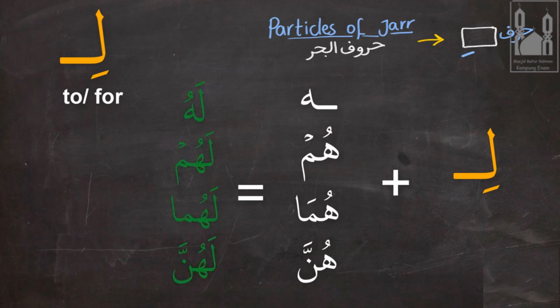So we say lahu, lahum, lahuma, lahunna. So don't let this confuse you. It is the very same particle, but the kasra under it changes into fatha when it is attached to any